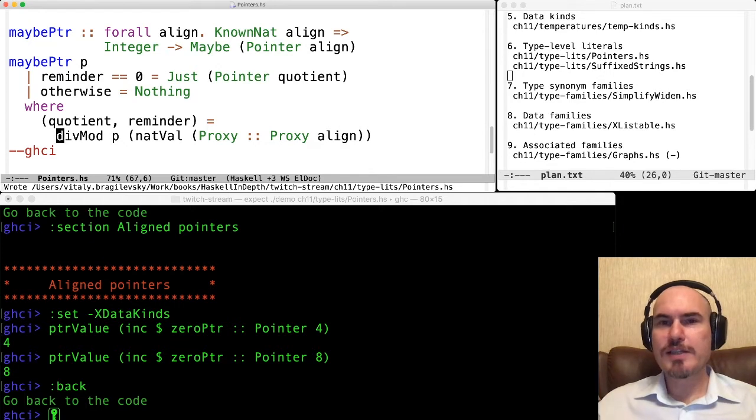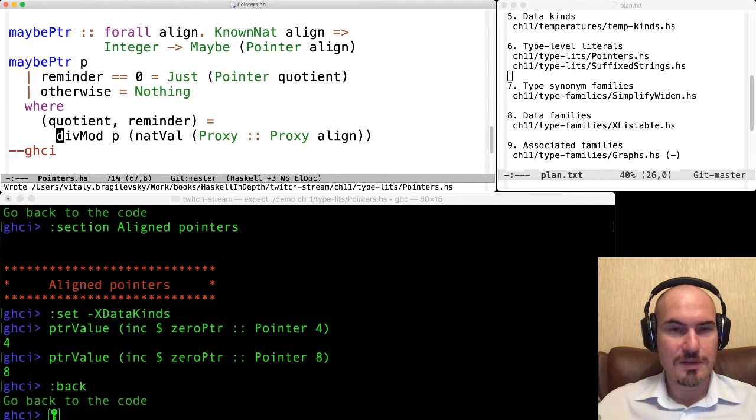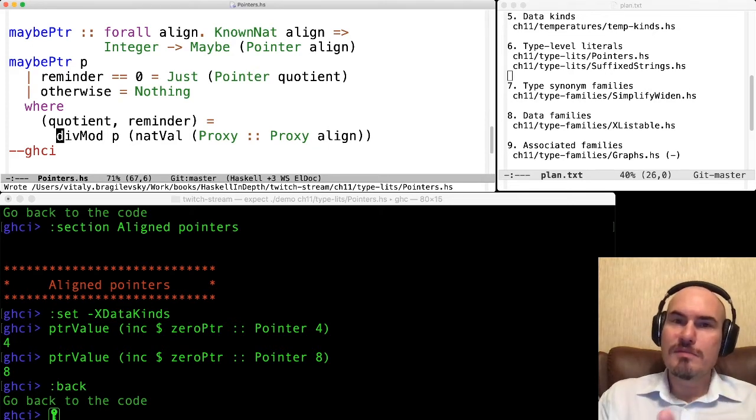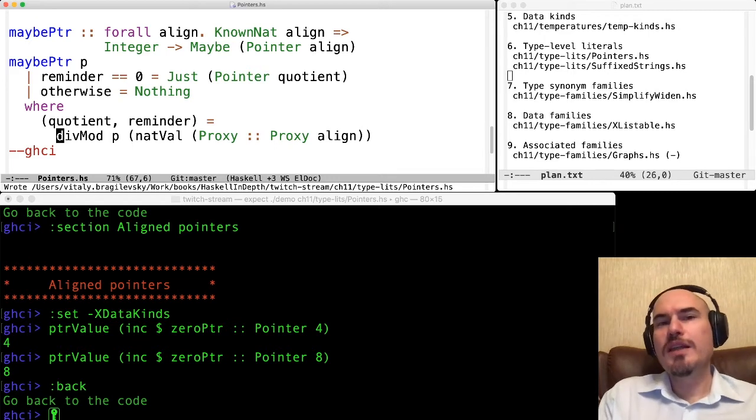It can be a correct pointer aligned at 4 and 8, but it's not a correct pointer value aligned at a 16 bytes border. So sometimes we can create a properly aligned pointer, sometimes we cannot. So it depends on the actual value.